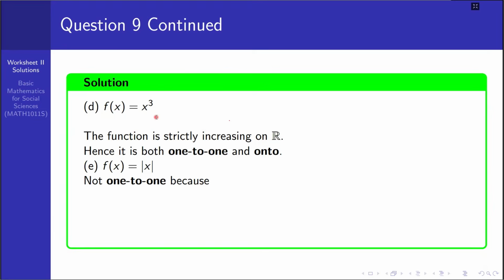And the last one, f of x equal to absolute value of x is given. It is not a one-to-one function. We know that the image of, for example, any two opposite numbers is the same, so it cannot be a one-to-one function. This is a simple counter example. f of 2 and f of minus 2 are the same, or f of minus 1 and f of positive 1 are also the same, so it is not